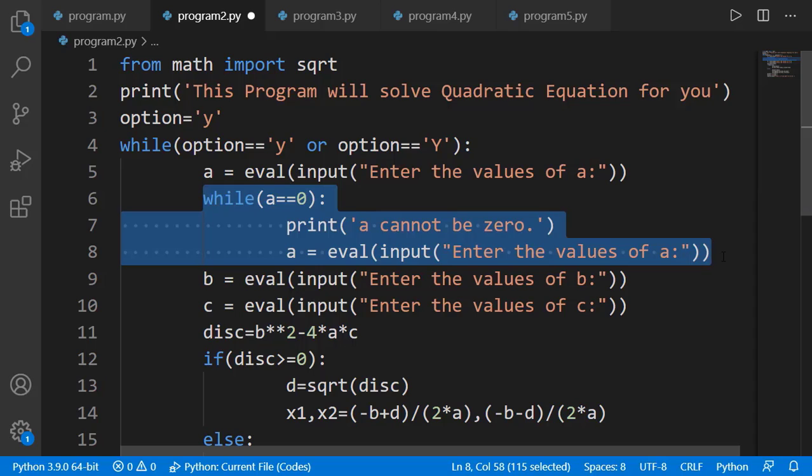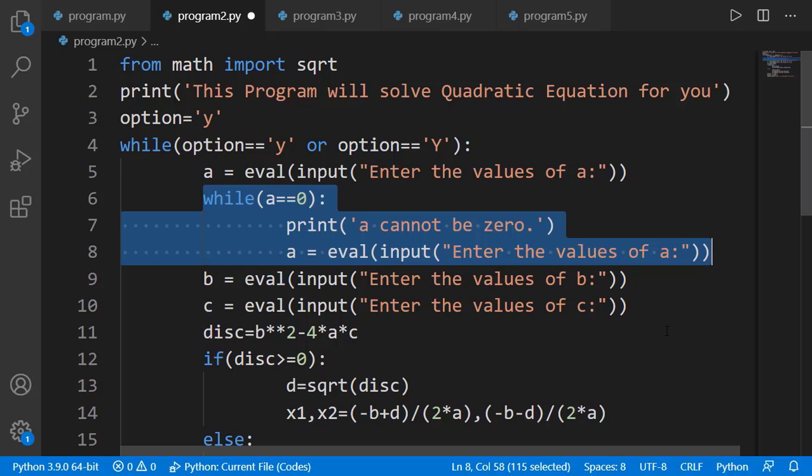now see this while loop carefully. First see line number 5. If the user enters the value of a as something non-zero, this condition of the while loop on line number 6 is false and there will be no iteration of this while loop. And that's what we want, because if a is correct, we want to execute line number 9. But if a is 0, there will be the first iteration of this while loop, and on line number 8,